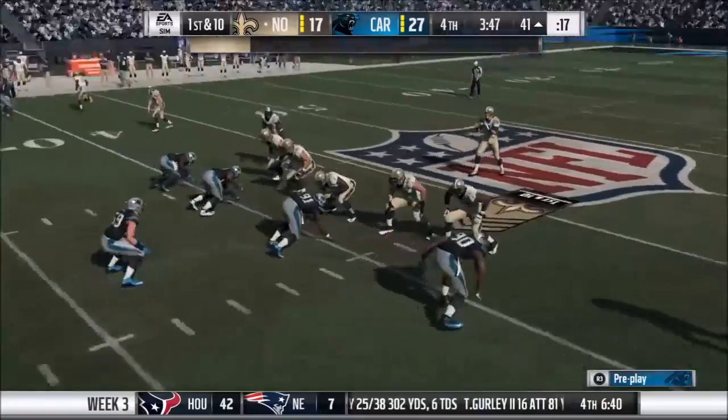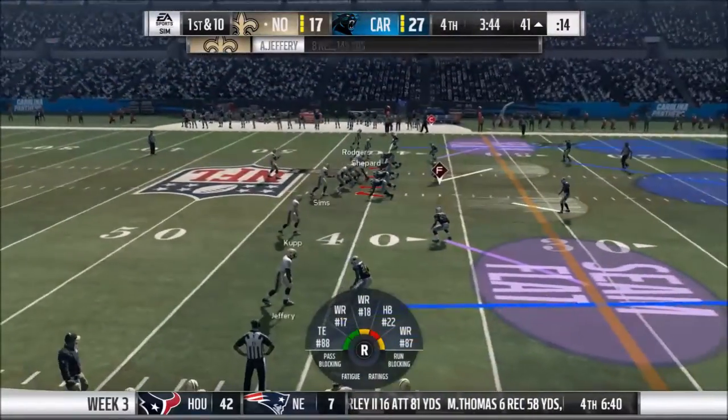Watch tight end. Watch tight end. Tight end's right. Tight end's right. Blue 80. Ready, Blue 80. Hey, 4